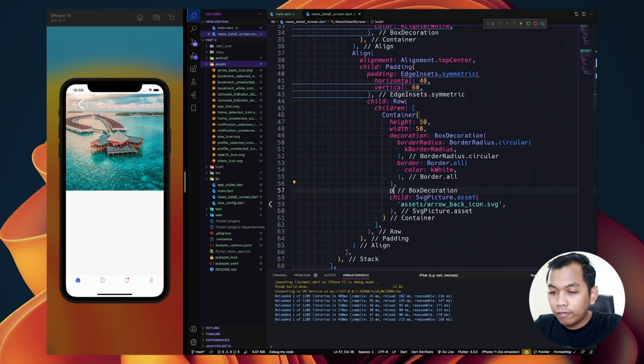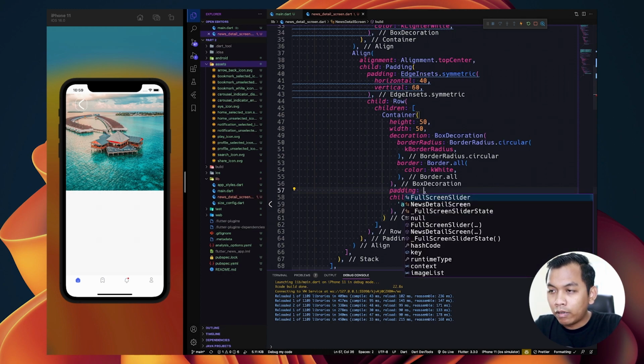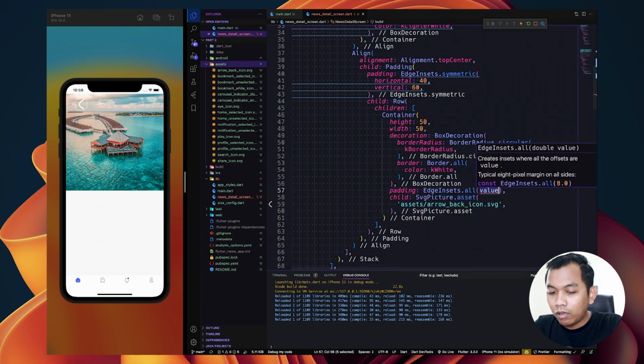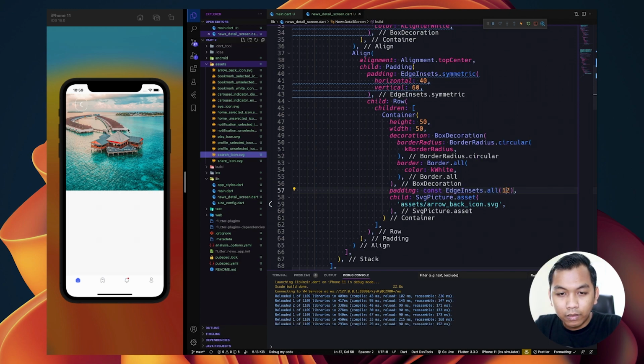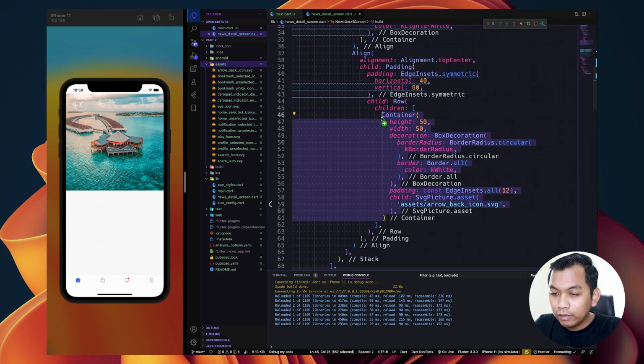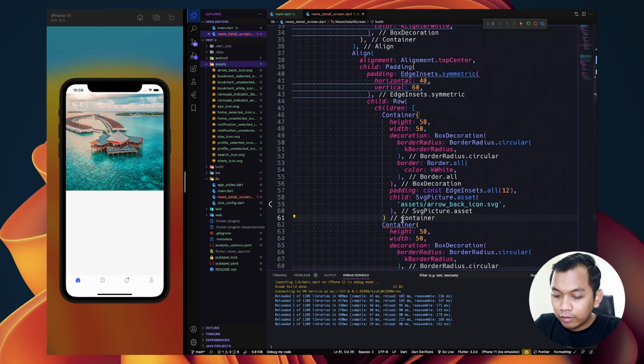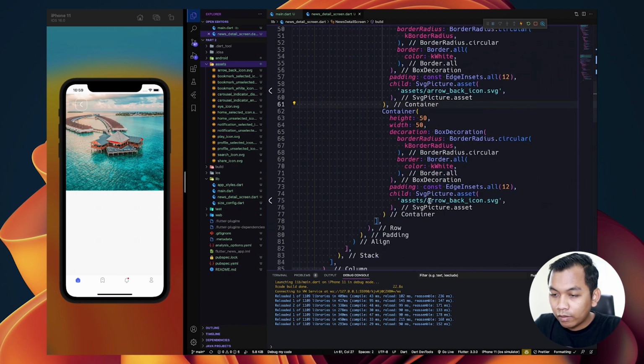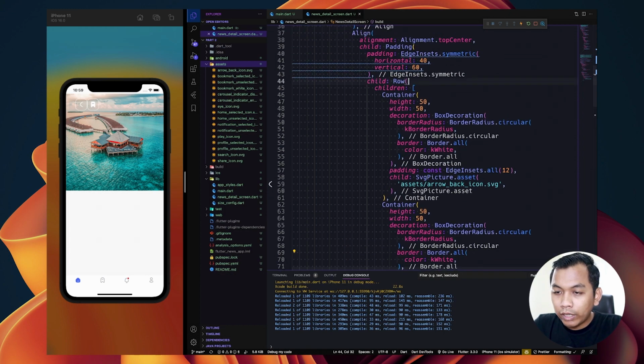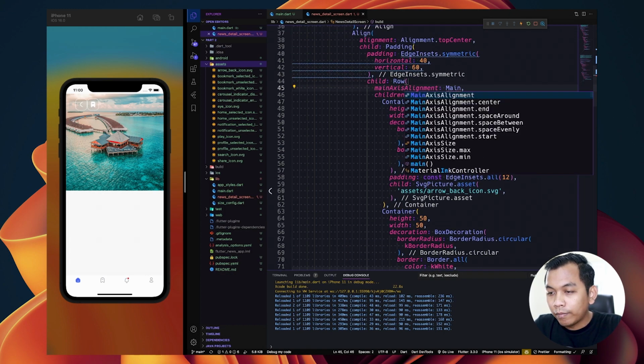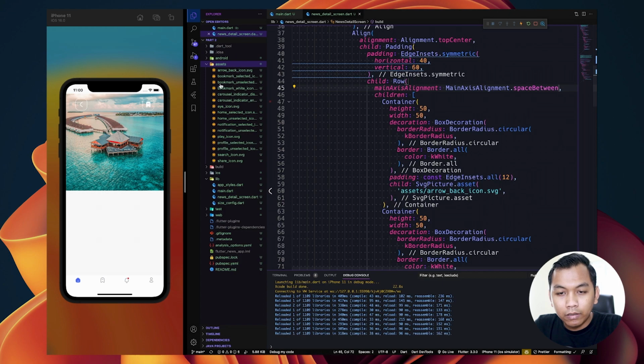And we need to give padding here, and for the padding, let's say all 12, and we will give const here. It looks like this. And what we need to do is duplicate this and just change this to bookmark white icon. And we need to change main axis alignment to be space between. It looks like this.